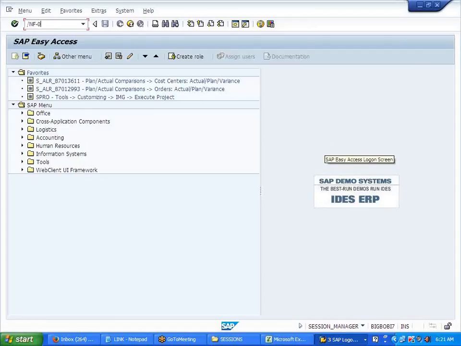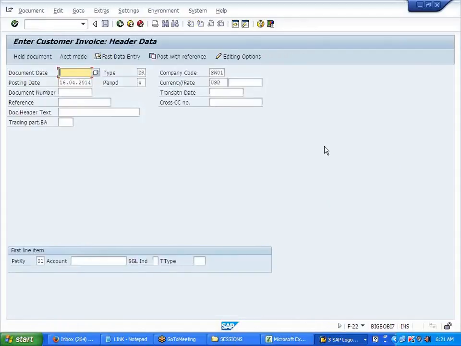F-22. So what I'll do is, 01/01/2014, 01/01/2014, $20. Enter.